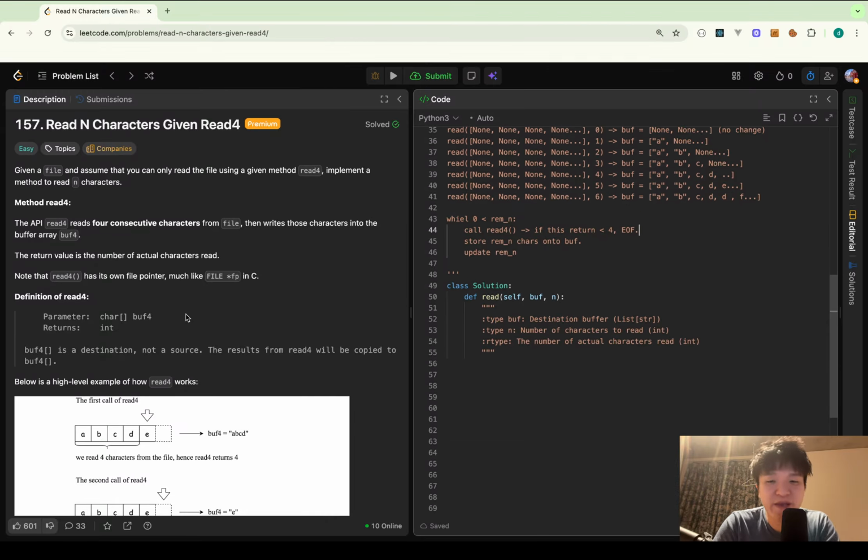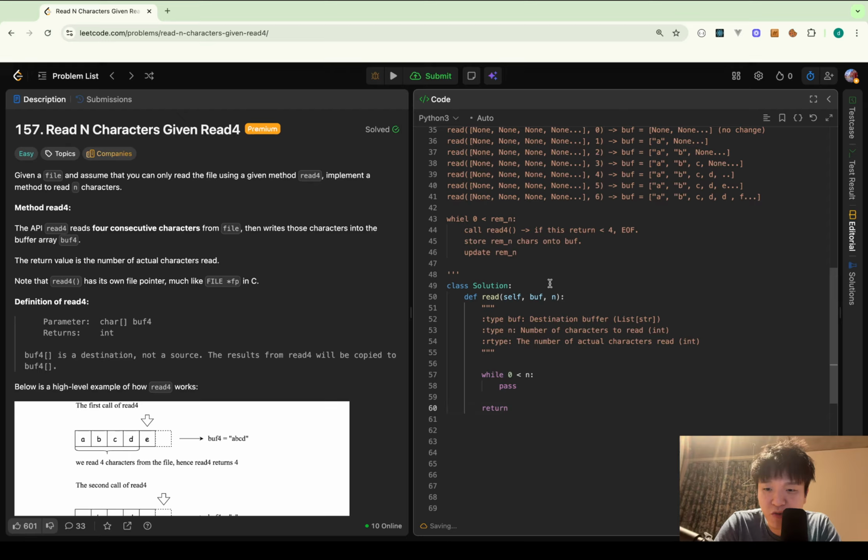Okay, that being said, let me get started with the implementation. So this is n. While n is larger than 0, I continue something. And in the end, I return buff. No, I don't have to return buff. I should return